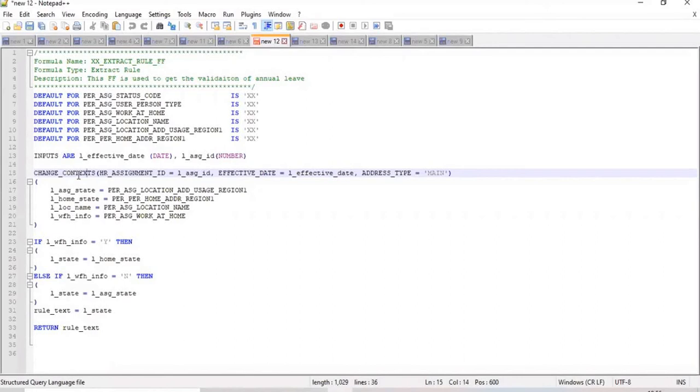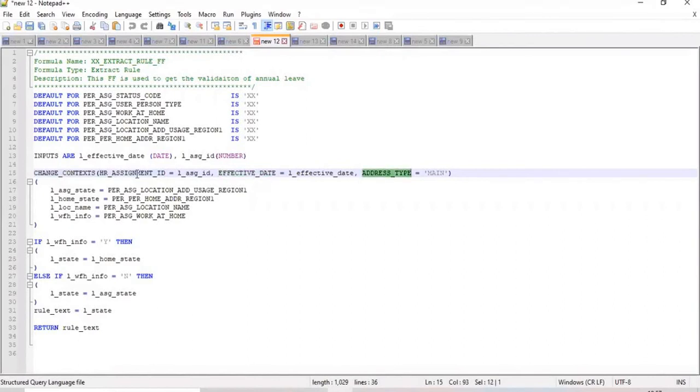But here, since we don't have access to the database, we will not use SQL and PLSQL. Oracle has directly given these context functionalities. So we are setting up this assignment ID. When I use change context, there are certain database items we have to know, like assignment ID, effective date, address type.